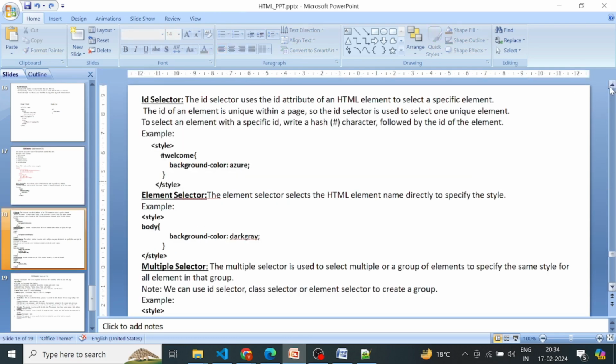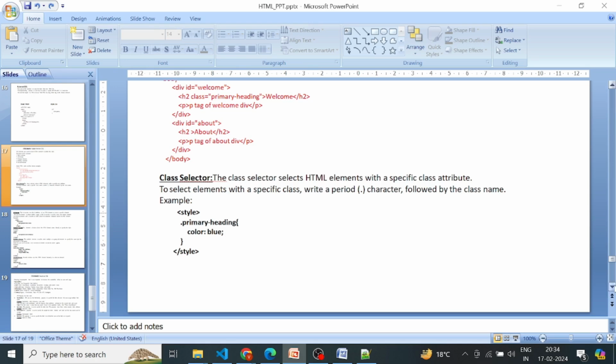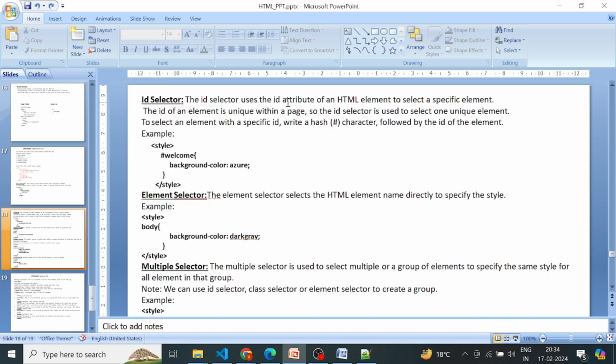Our next selector is the ID selector. The ID selector uses the ID attribute of an HTML element to select a specific element. The ID of an element is unique within a page, so the ID selector is used to select one unique element. Okay, so we cannot repeat the ID in the same HTML file. For each element we should keep a unique ID. To select an element with a specific ID, write a hash character followed by the ID of the element. Okay,